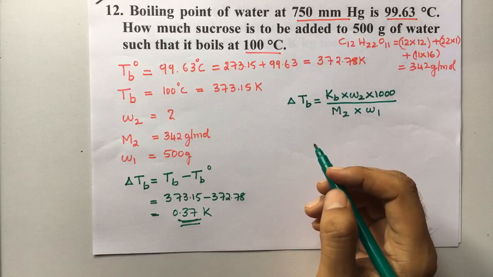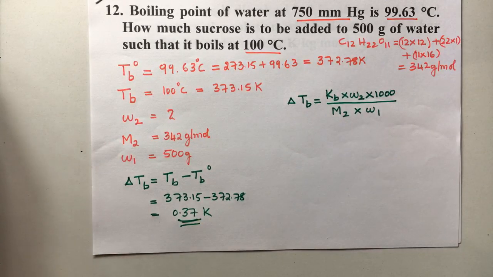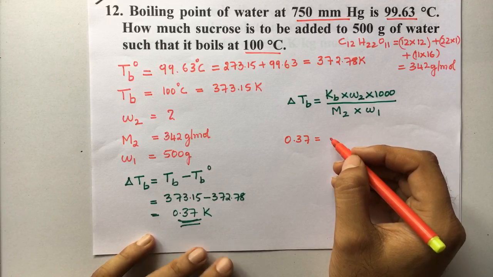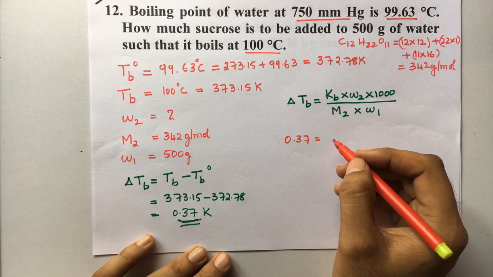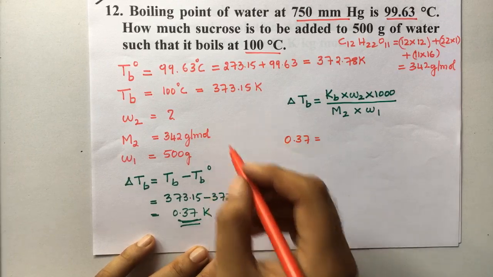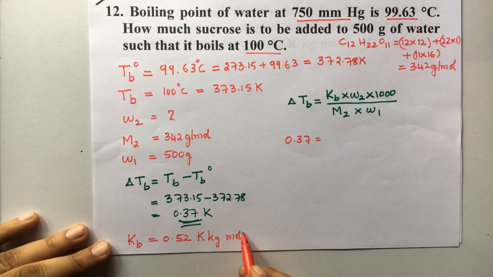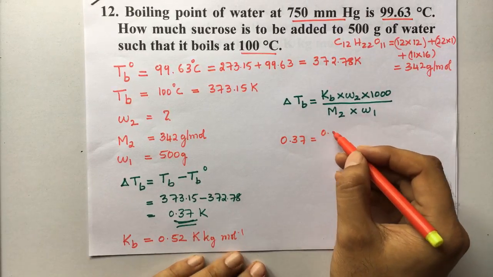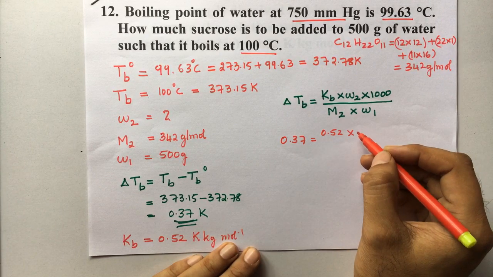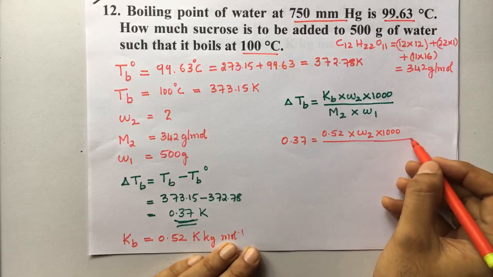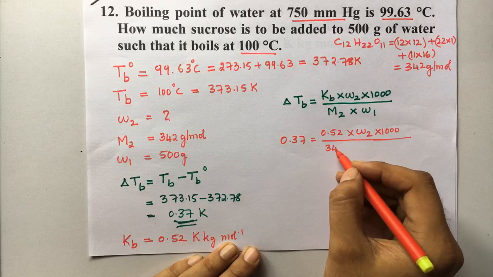So substitute all these values here. We know delta TB is 0.37, that is equal to, we know what Kb is. Kb for water is not given, we should know already. I told you that you have to remember. So what is the value of Kb? We need to remember this. I told you if it is not given in the problem, you have to remember Kb for water is equal to 0.52 Kelvin kg per mole. You need to remember this value. So that is 0.52 multiplied by W2, which is asked, multiplied by 1000 divided by M2, which is known, that is 342